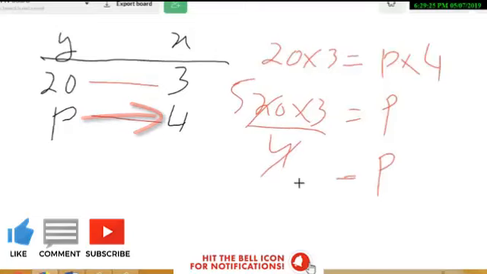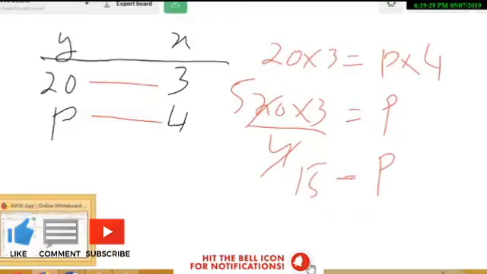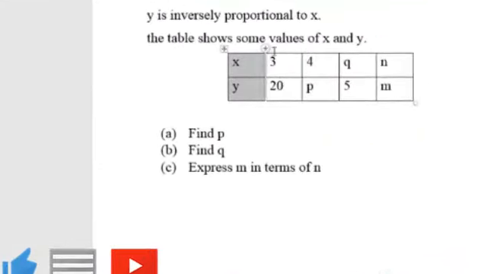So as this is an inversely proportional case, I will not cross multiply, I will multiply them. Okay. So it is 20 multiplied by 3 is equal to p multiplied by 4. So p is